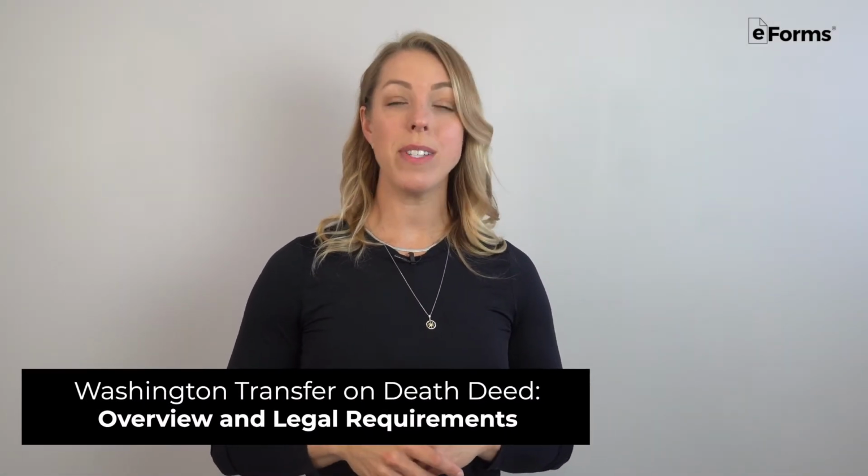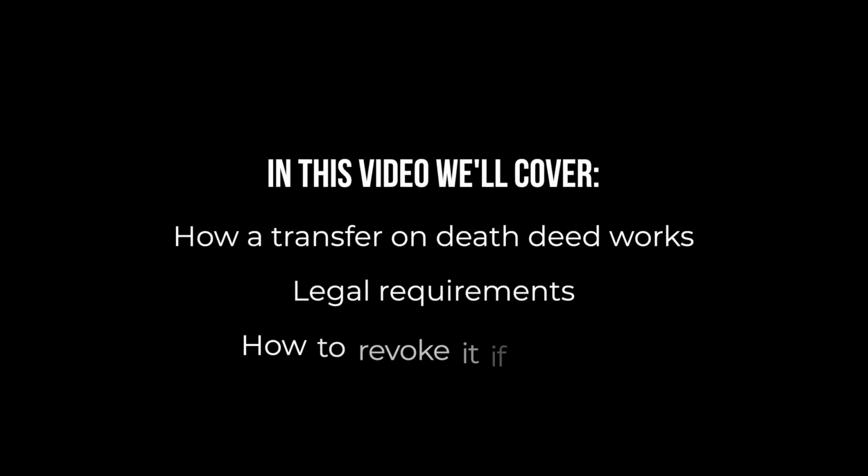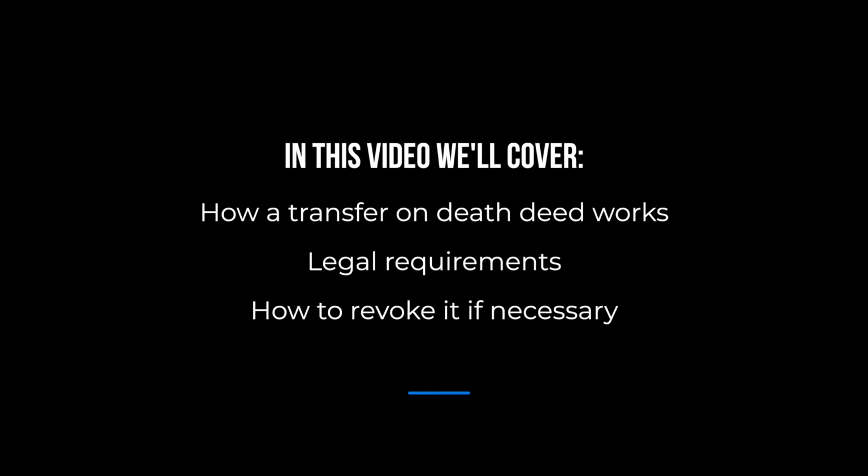A Washington transfer on death deed is a legal document that allows the owner of real property to designate a beneficiary for when they die. Unlike other types of deeds, it becomes effective only when the owner dies. In this video, we'll cover how a transfer on death deed works, legal requirements, and how to revoke it if